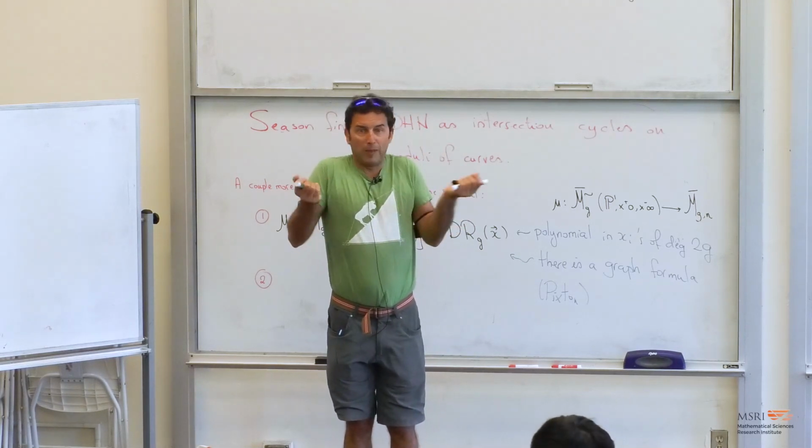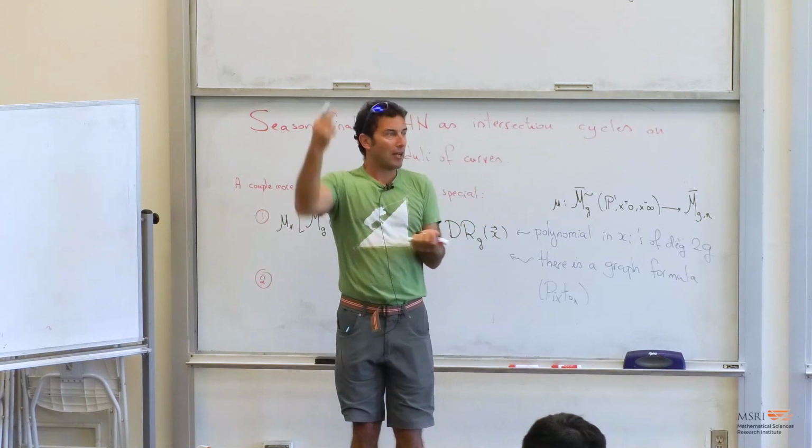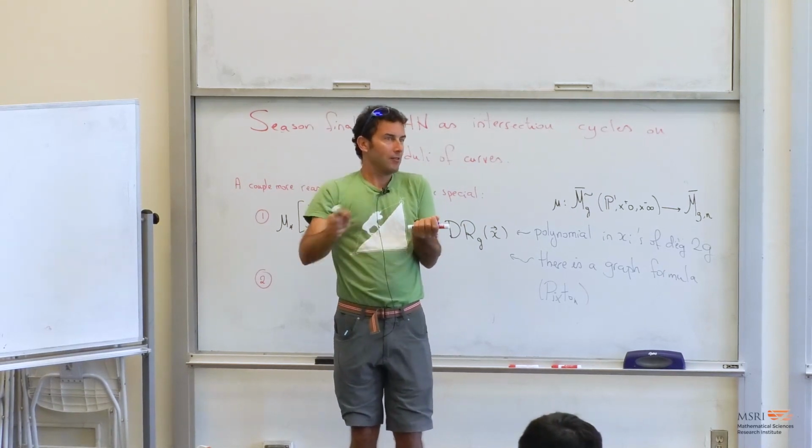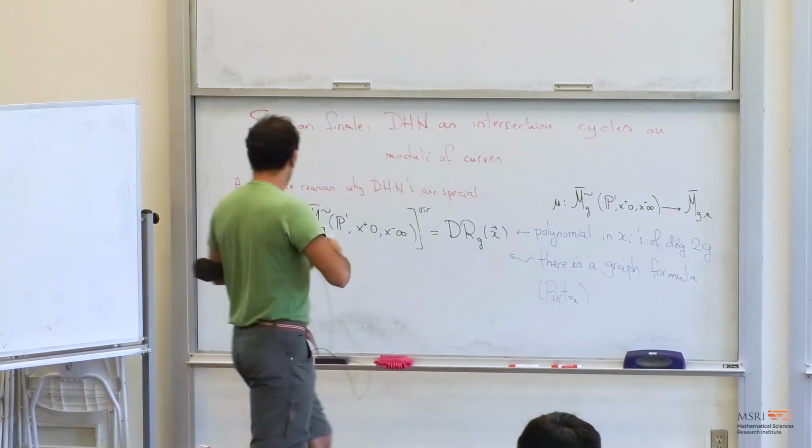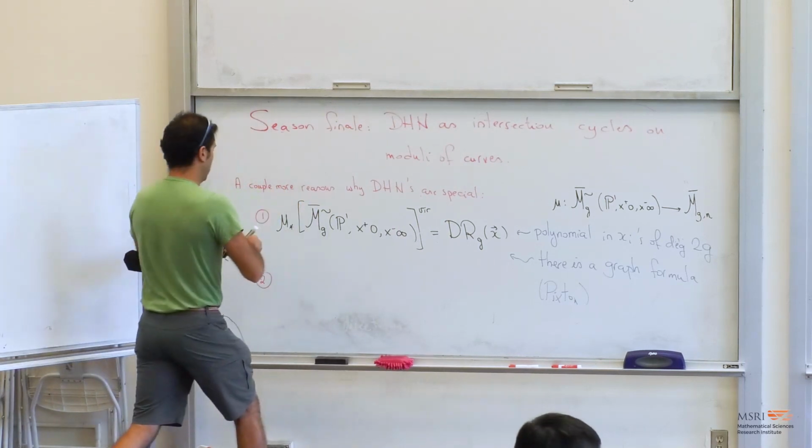Because being principal means that there is a rational map, but the rational map is a map to P1. So it's kind of a very sort of silly logic, but,